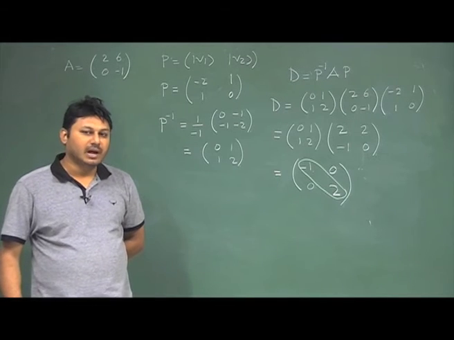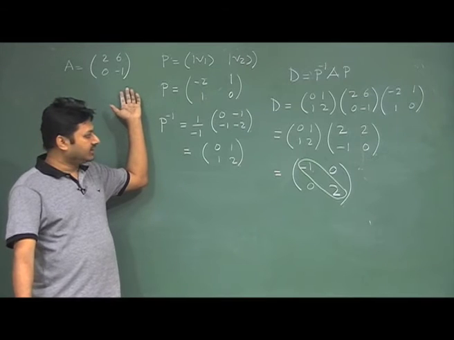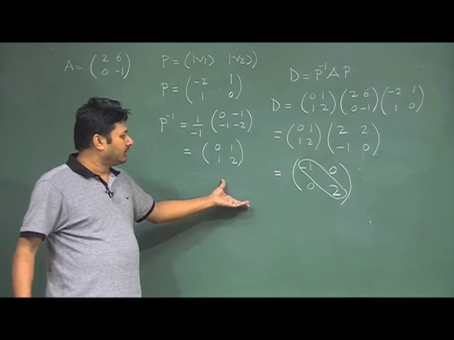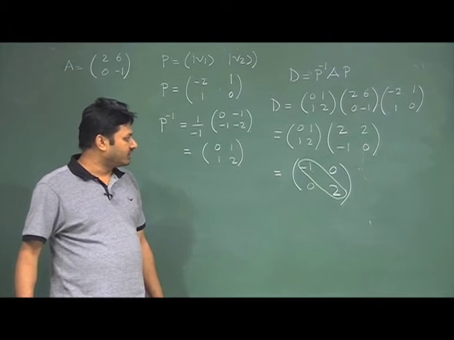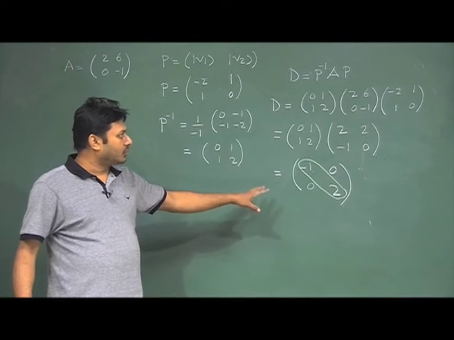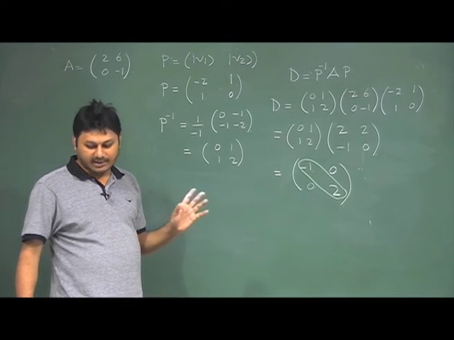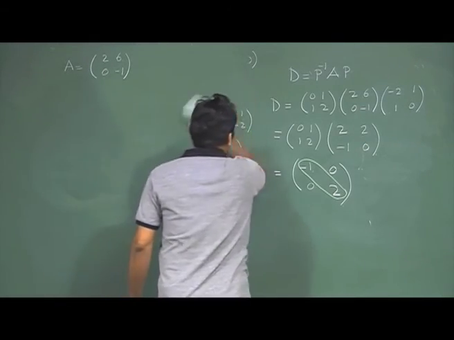As I mentioned in my last class, every time I am taking a 2 by 2 matrix because it is easier to calculate on the blackboard, but when you do that, sit down in your room and try to calculate so you can do that for a 3 by 3 matrix also. The recipe will be exactly the same. So, once again I remind you